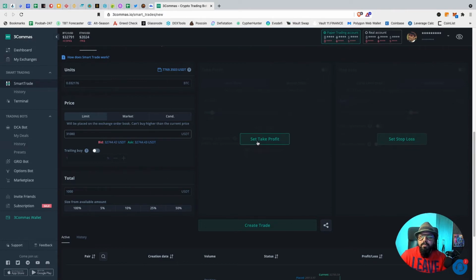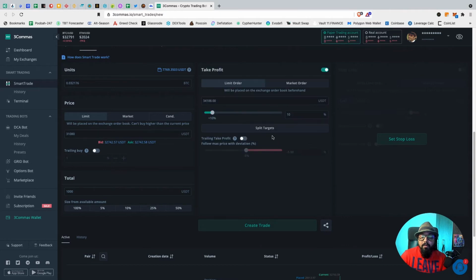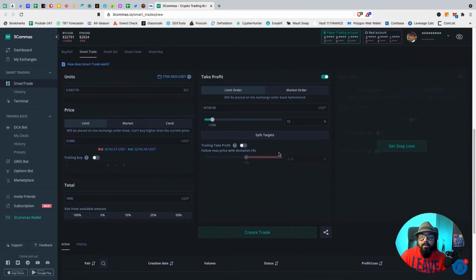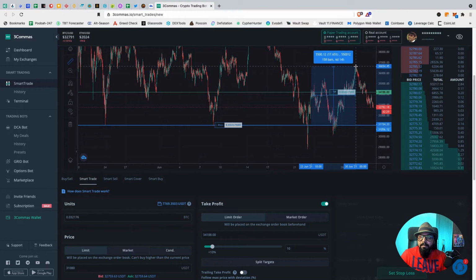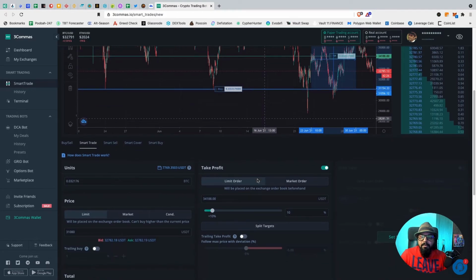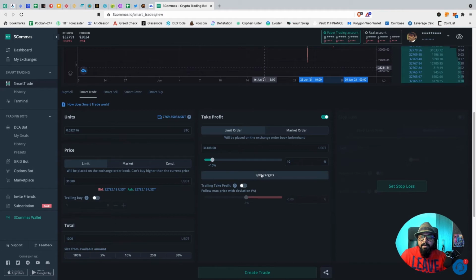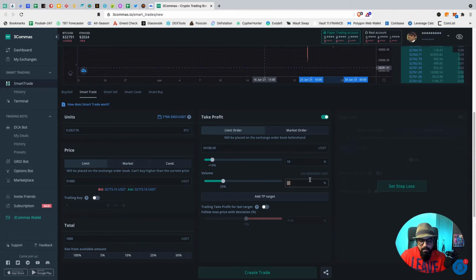Now we move on to where we want to take the profits. So again, at the moment it's showing 10%, which is here. So you can see, okay, I would like to take profits. If I'm buying here, I would like to take profits here, here, and here. So the beauty of this is that you can split your targets, and you can say, okay, at 10%, I want to take 35% profit,